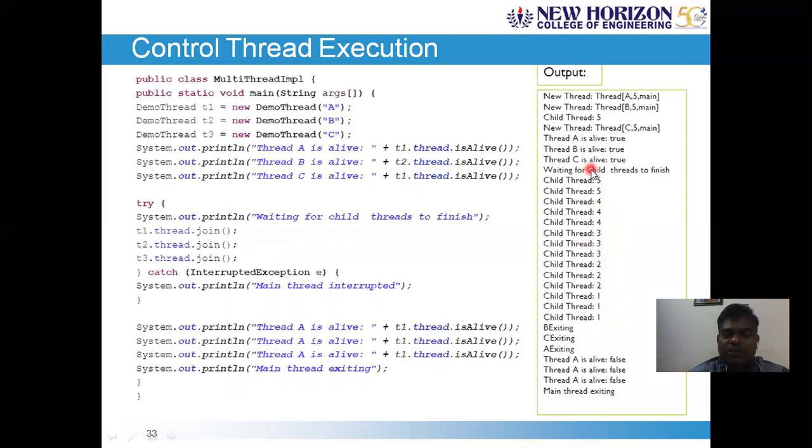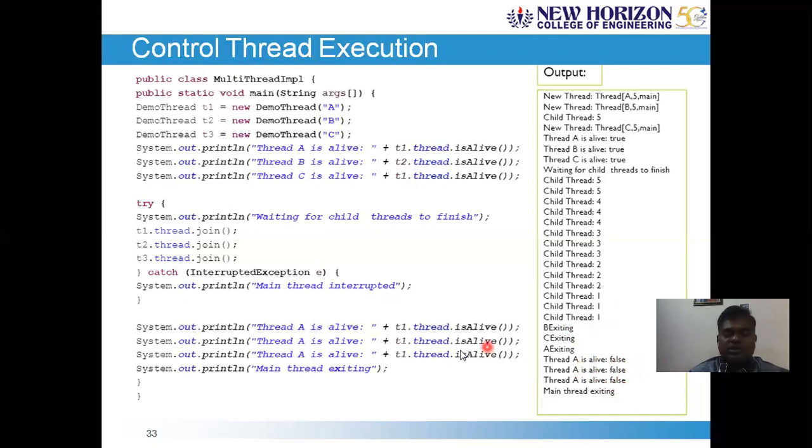It is purely based on the load of the system and the scheduling algorithm used by the operating system for scheduling the threads. At the end, B is exiting and C is exiting, and still A is alive. Of course, once it completes, it gives the value false.